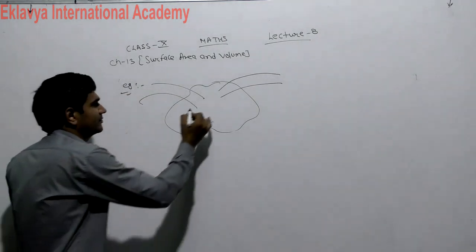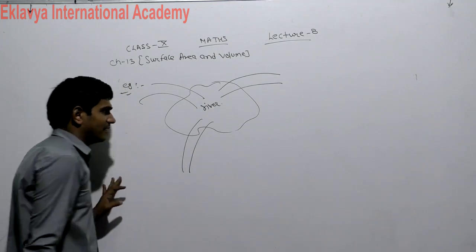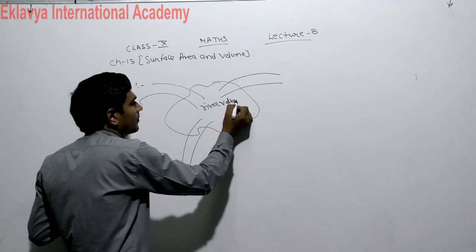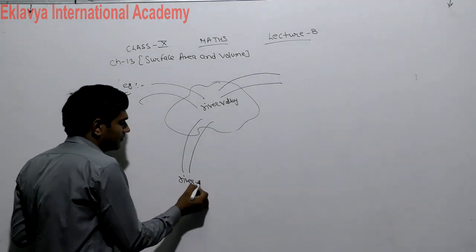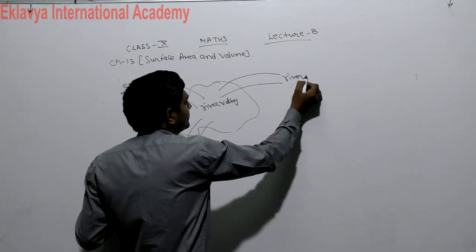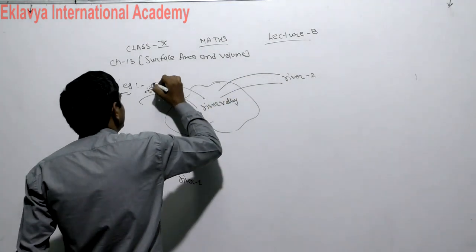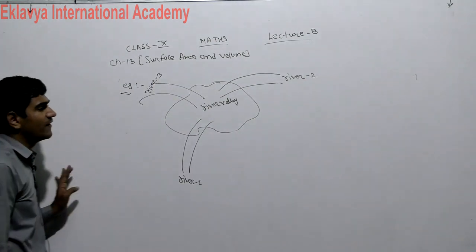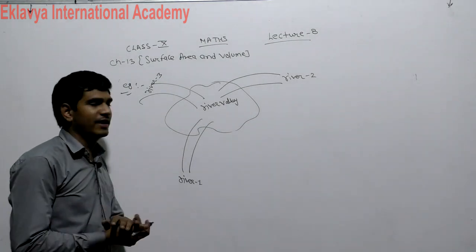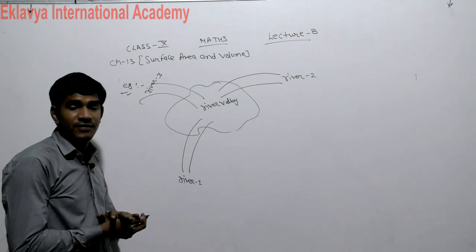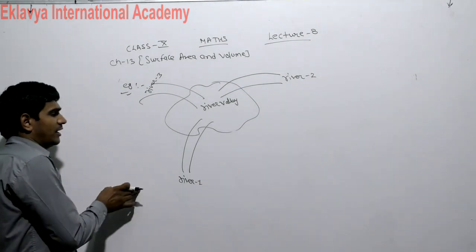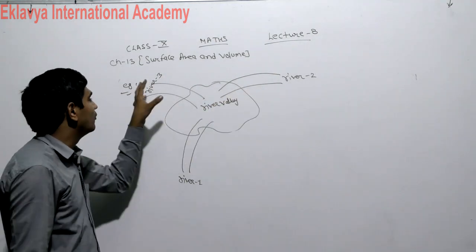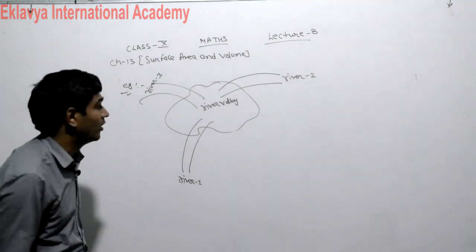Okay, that is the river. In that river valley water is coming from 3 rivers: a river first, a river second, and a river third. Now water is coming from 3 rivers, then how will we find out the amount of water which will come in the river valley? How will we find out the volume of water which is coming from river first, river second, and river third? So how will we find out?